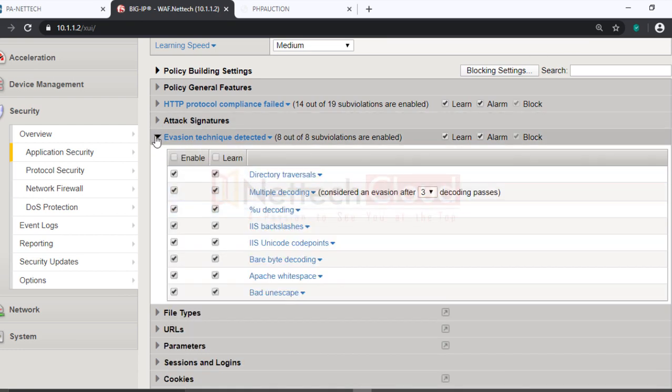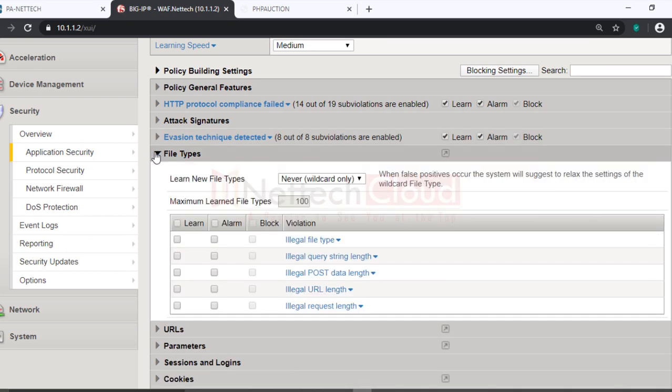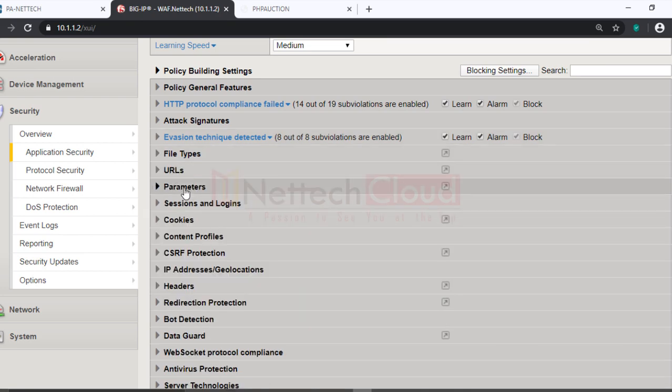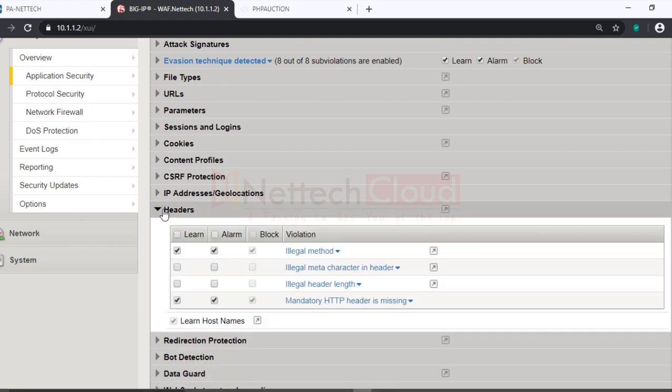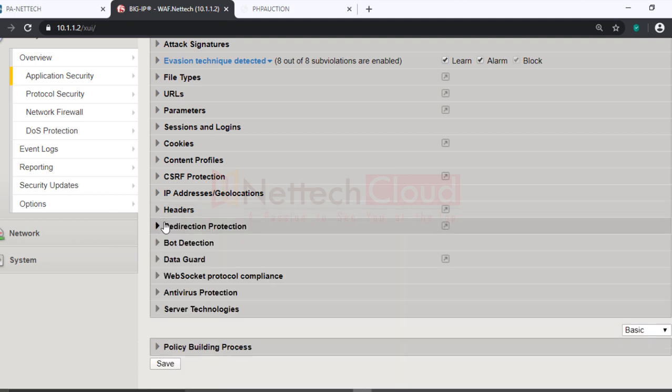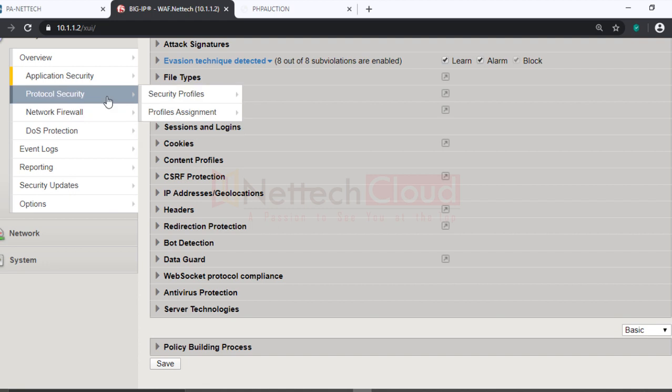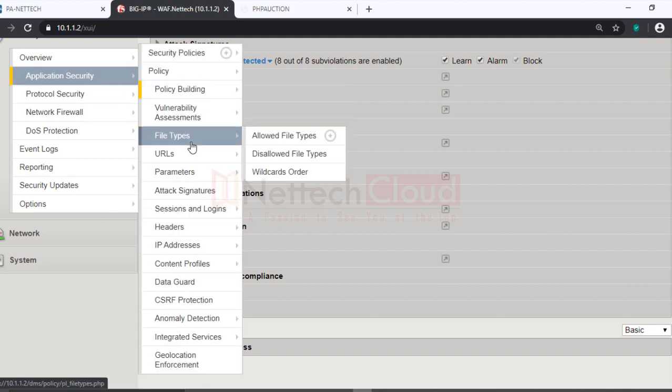The next ones are allowed file types, URLs, parameters, session and cookie tampering, even content profile, cross-site scripting, IP address geolocation, what HTTP headers should be allowed, what method should be treated as an illegal method, and domain redirection protection, bot protection, data guard, which is similar to DLP, right? Antivirus, server technologies, and even different options here.